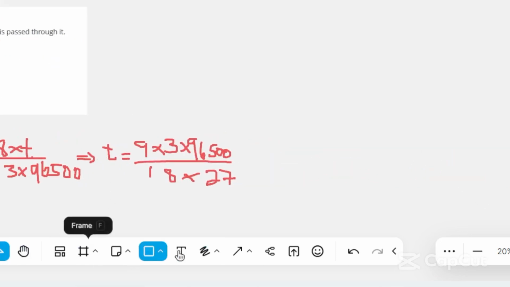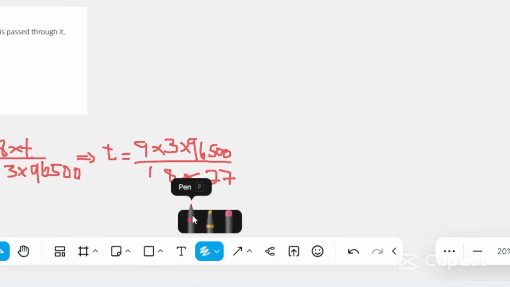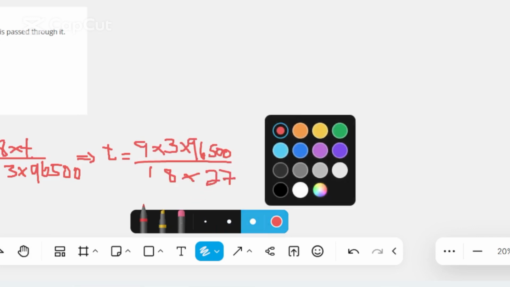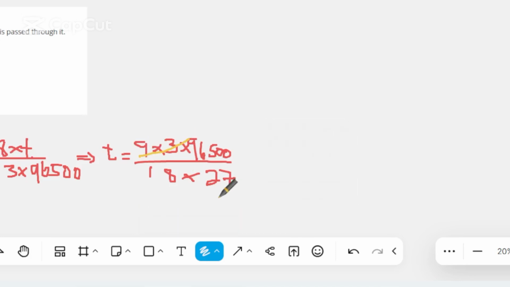Now there's something you can point out here. 9 times 3 will give you 27, and this is 27 down here, so you can cancel them out. What remains is 96,500 divided by 18. At this point, you can use your calculator to get an answer: 96,500 divided by 18 on your calculator. That will give us